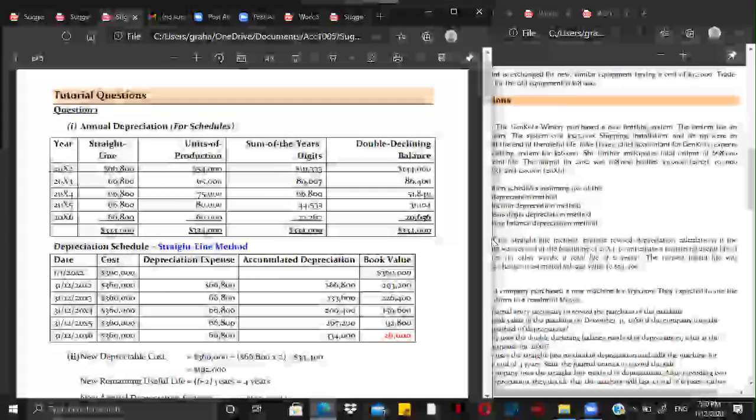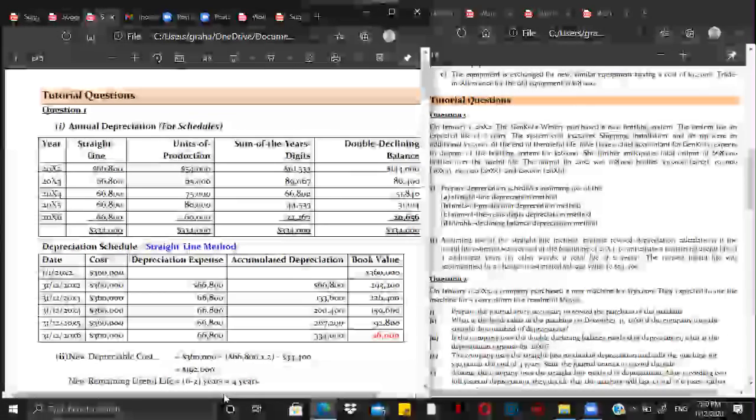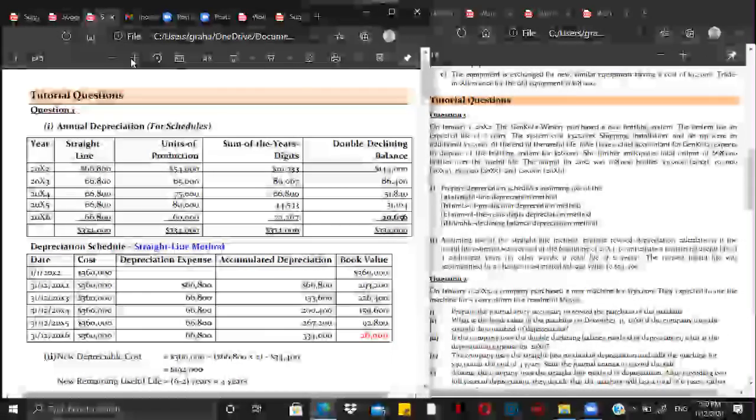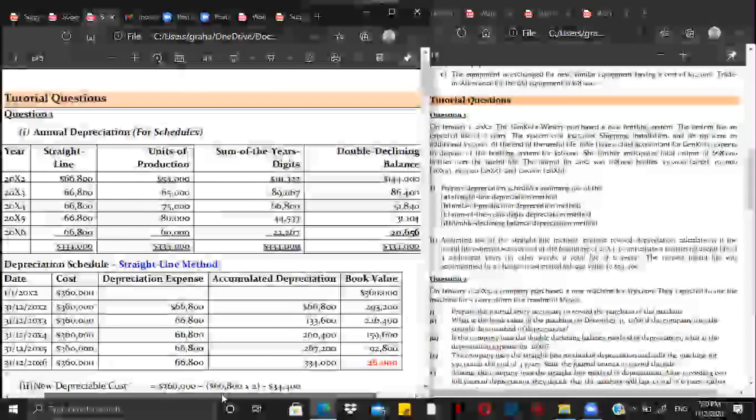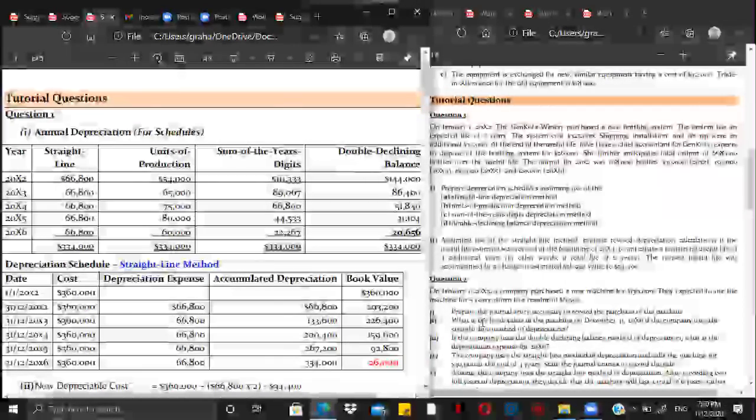So that is why you list these 4 unpresented checks right here because they are not shown here. You add them up, less them from the amount up here, and you get your adjusted bank balance, which is